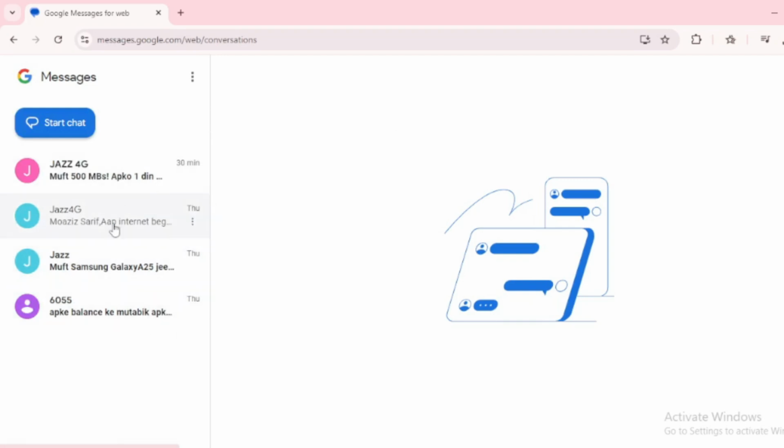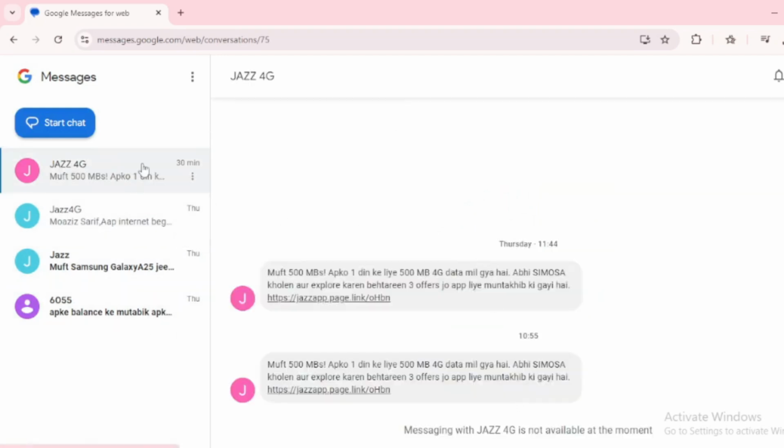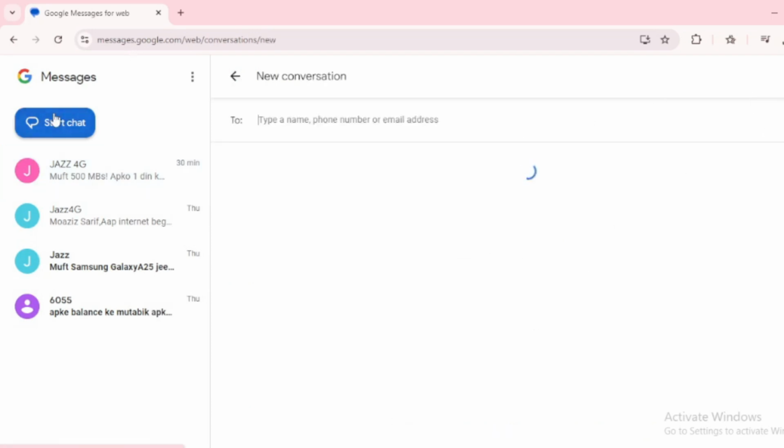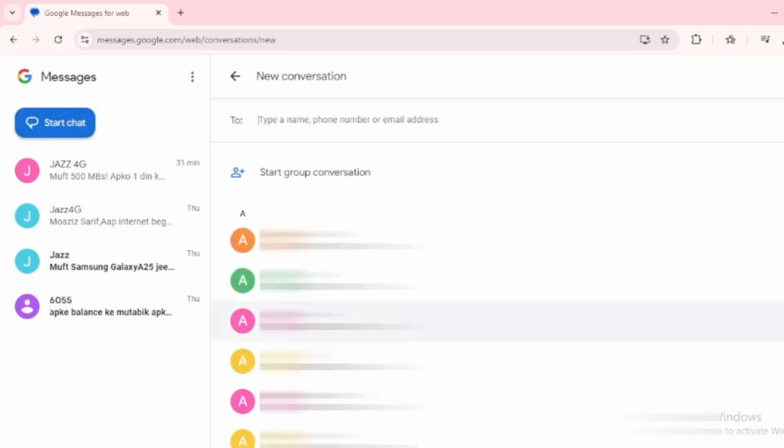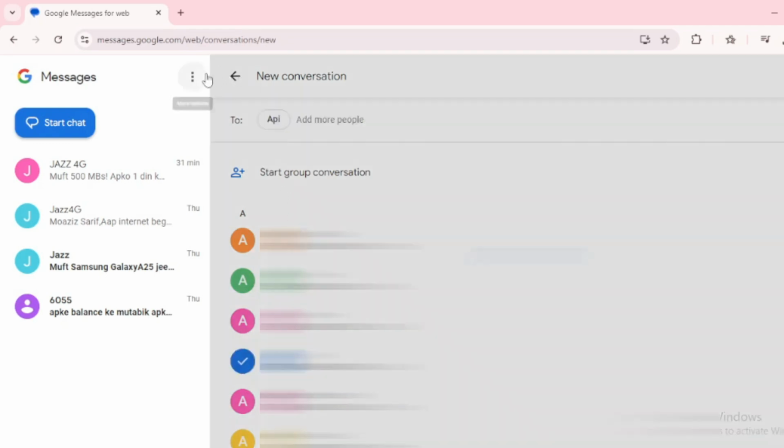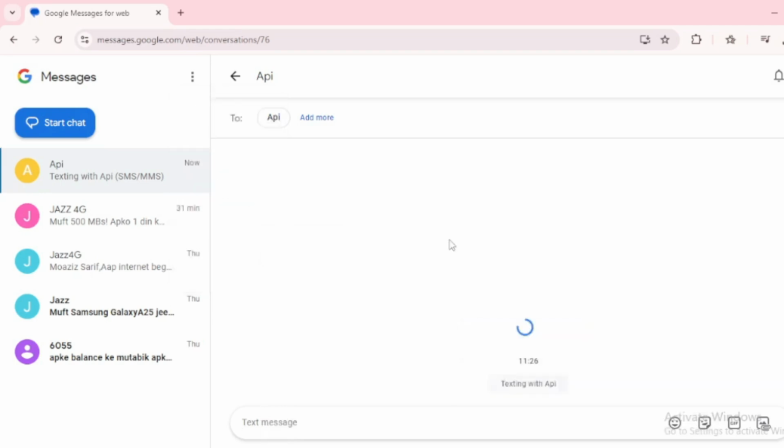And that's it. You can now read, send, and manage your messages directly from your Windows PC. It's really that simple. You can start a new conversation by clicking on the New Conversation button. You can also search through your messages using the search bar at the top. All your existing conversations are listed on the left side, and you can click on any conversation to view and